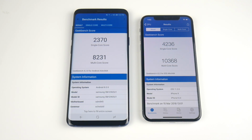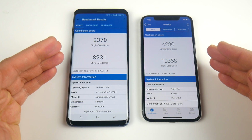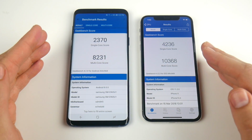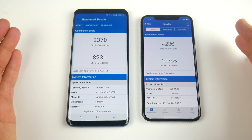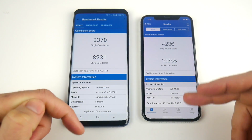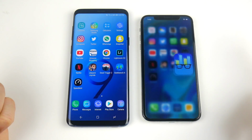Okay, so here we are with the final Geekbench scores. 2370 on the single core and 8231 on the multi-core for the S9 Plus, and 4236 on the single core and 10,368 on the multi-core here for the iPhone 10. So you can see that Samsung's US model is not quite as good as the iPhone 10. Well, the Exynos might be a little bit better here on Geekbench, but in the real world, this stuff doesn't